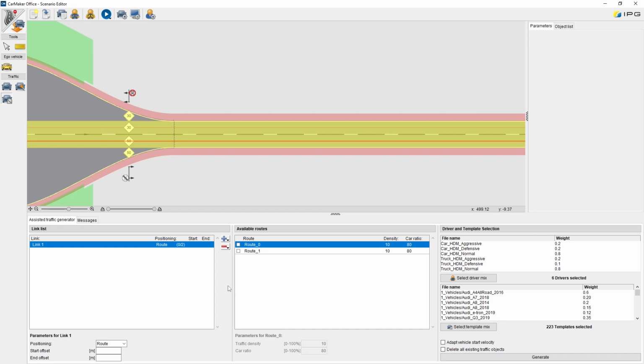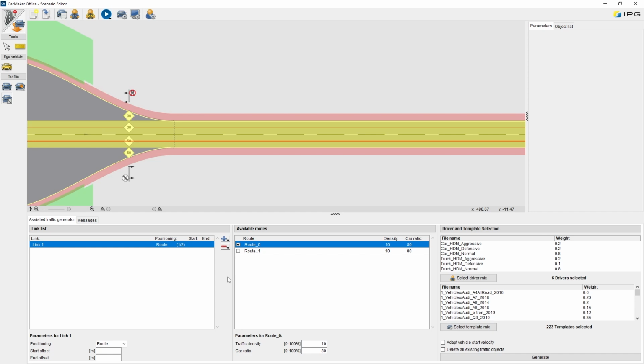You can then click on the routes or lanes where you want to generate the traffic. With the parameters traffic density and car ratio, you can adjust how many traffic objects should be placed depending on the size of the street and how the mix should be between normal cars, trucks, and smaller traffic members like pedestrians.